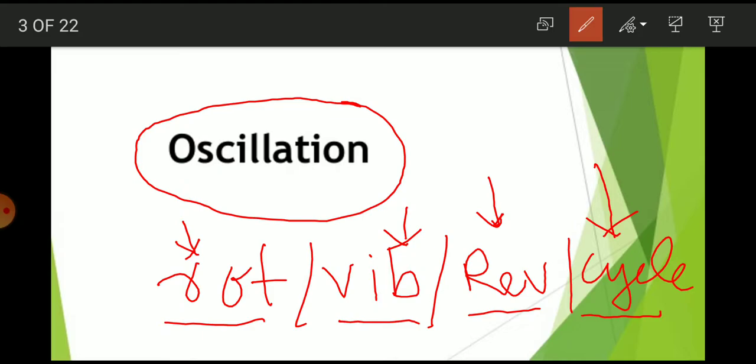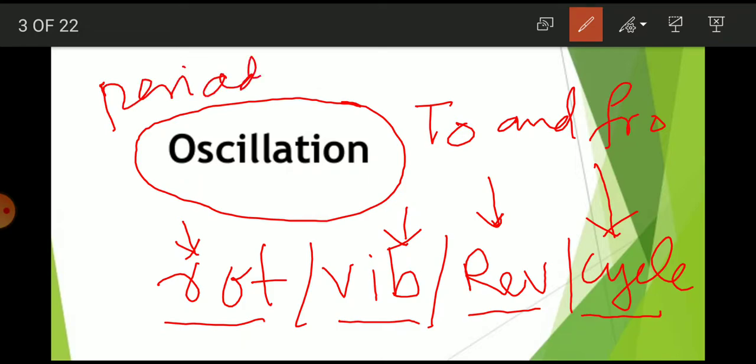So oscillation is the vibratory motion. The to and fro motion of a body is called oscillation. The to and fro motion of a body is called oscillatory motion. Periodic motion. Oscillatory motion is